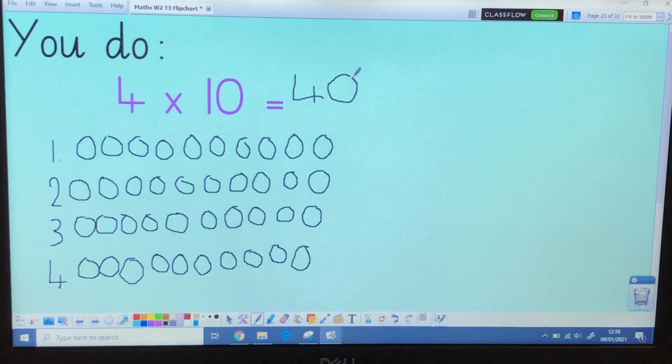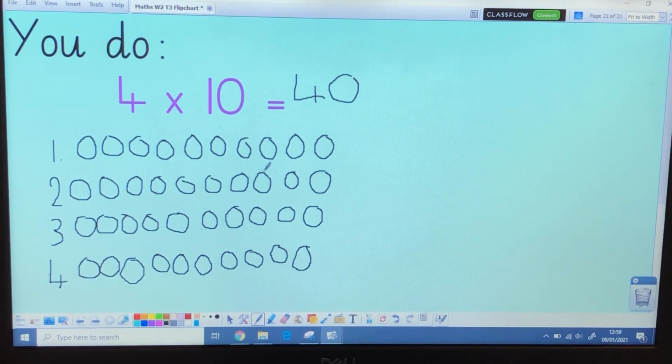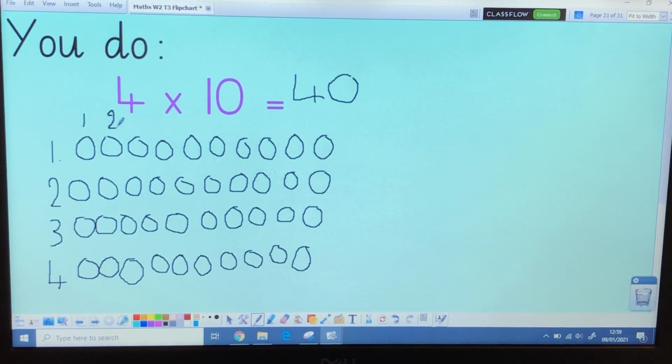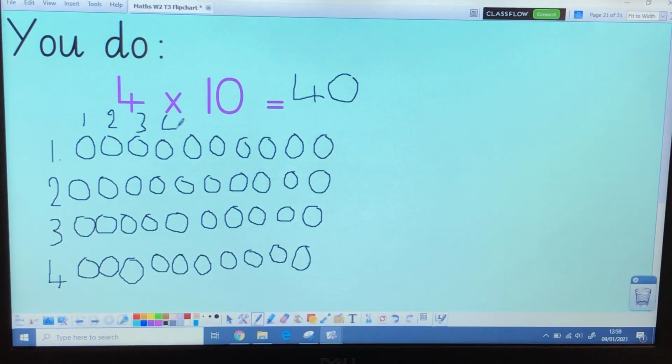Now, before we stop, I'm going to give you a little challenge. What other times sum could this array show? Remember, count how many groups you've got along the top, how many you've got in each group, and write it down. Okay, so the answer is, well, we've got 1, 2, 3, 4, 5, 6, 7,